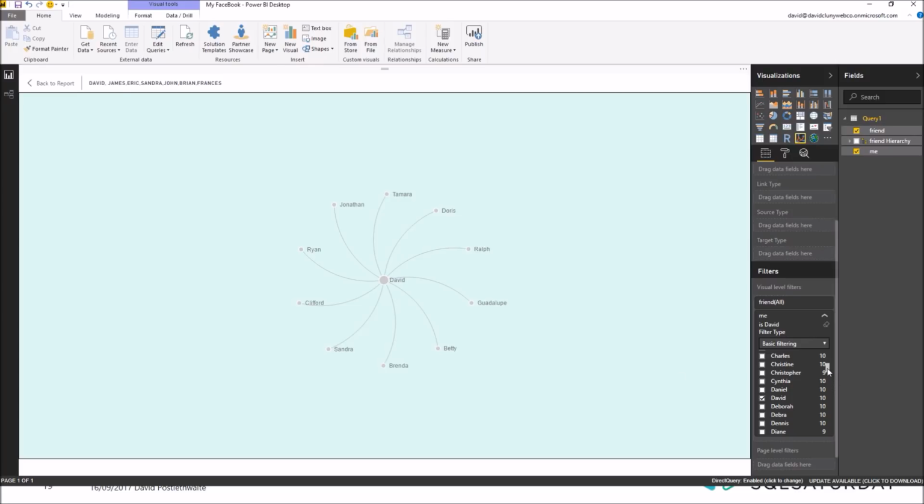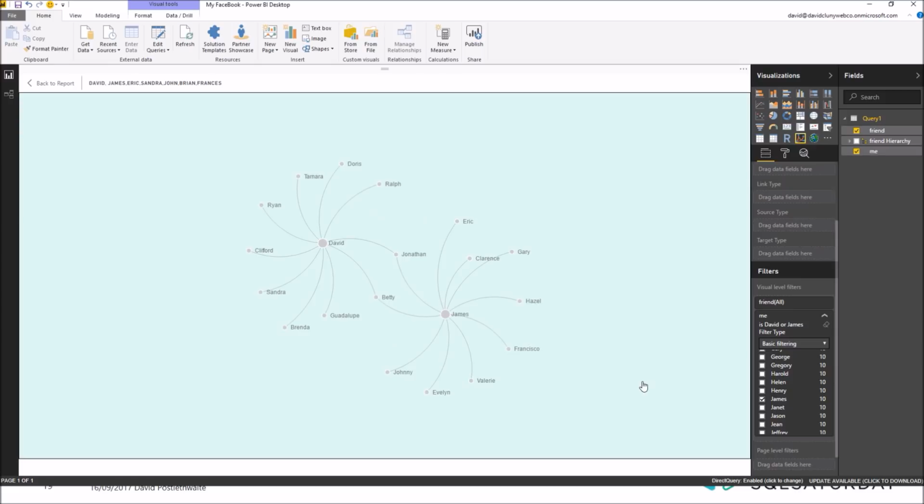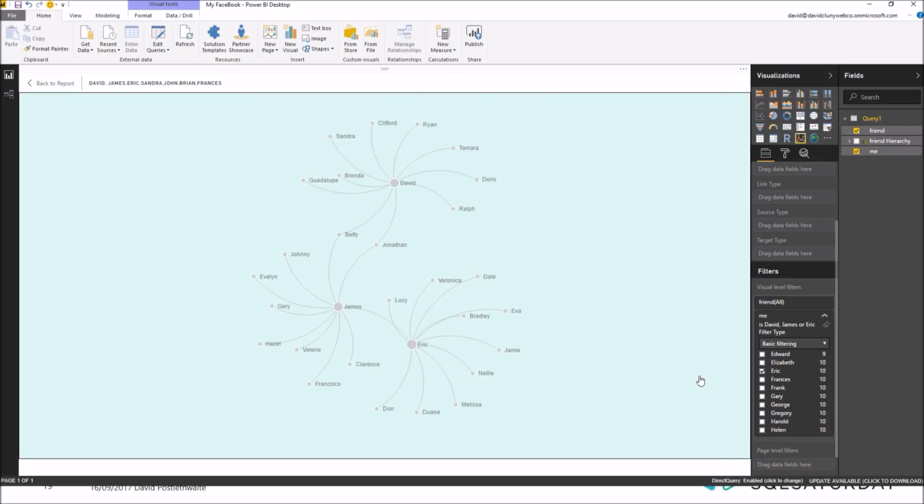And if I was then to select James, we already know that James has two friends the same as I do, but this now shows it graphically. So we can now see that Jonathan and Betty are shared friends. Now if I was to select Eric as well, we can see that Eric is friends with James, who is friends with Jonathan, who is friends with me. If I add in Sandra,